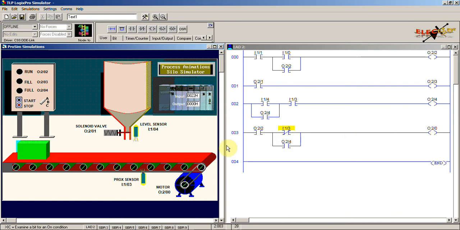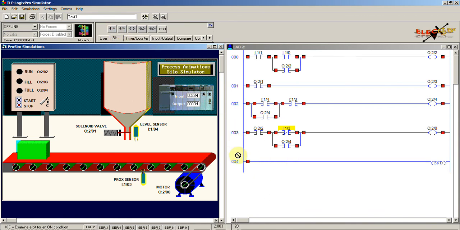So now after this we need to give programming for the solenoid valve. How to do it? This solenoid valve should be opened once this box is present at this stage, meaning the proximity sensor should be high, and the process should be in run condition, and then this level sensor should be open, and then this full should be off. In that case we will use the program. We have four conditions over here.